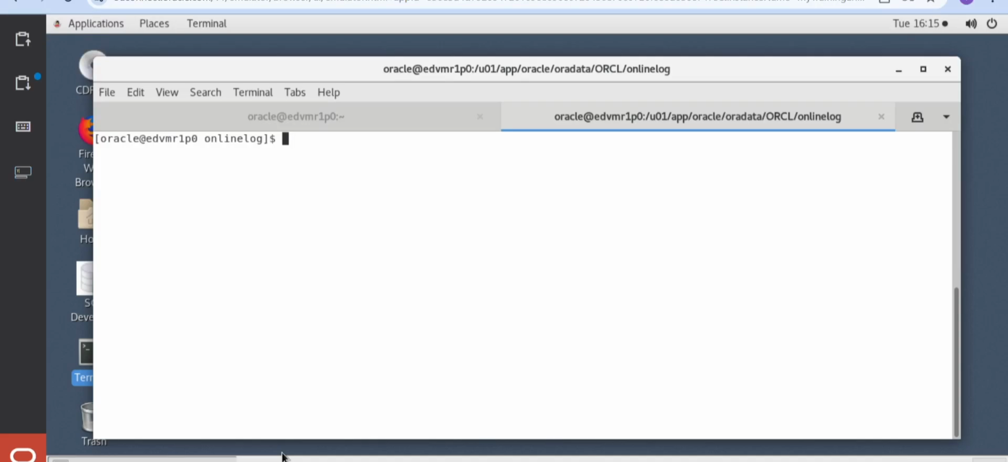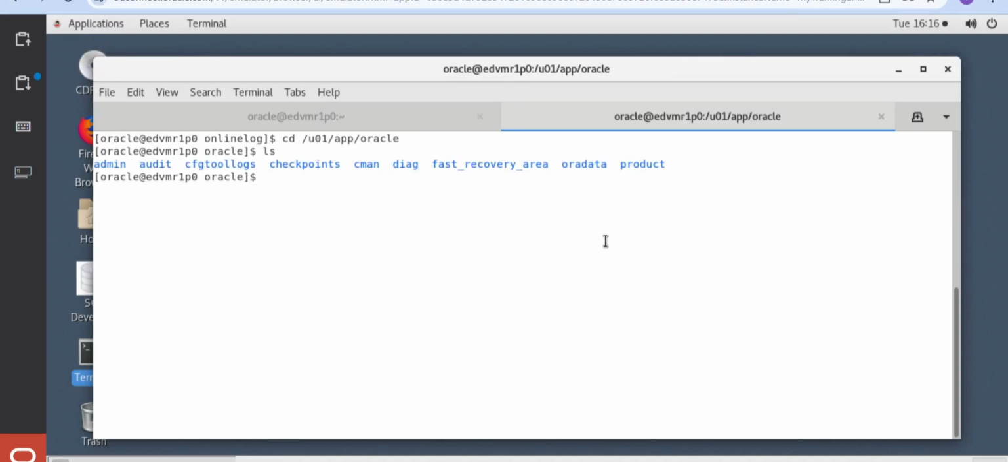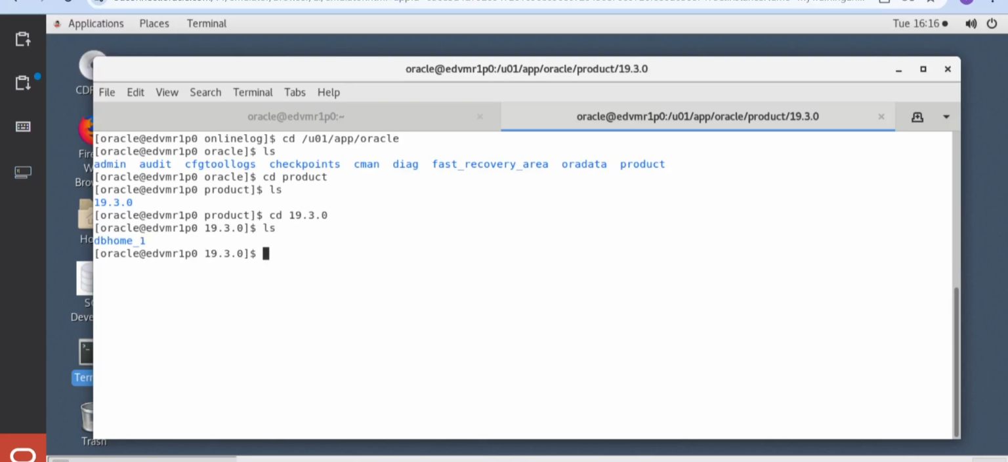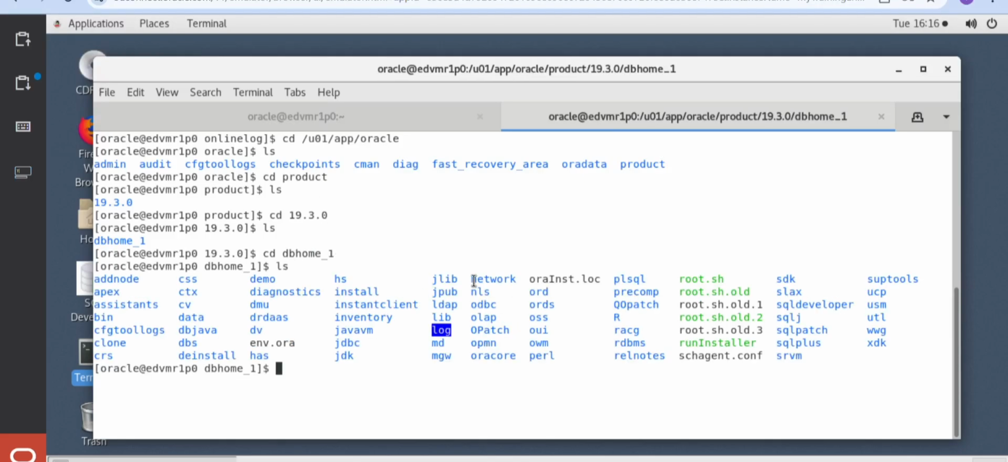After that, we'll try to go under the path of Oracle. Under that, we'll try to see product. Product is a path which contains the ORCL software files. db_home_1. See, these are the files, like it contains network related files, SDK. These are the software files which are helpful for ORCL. Then we'll try to see